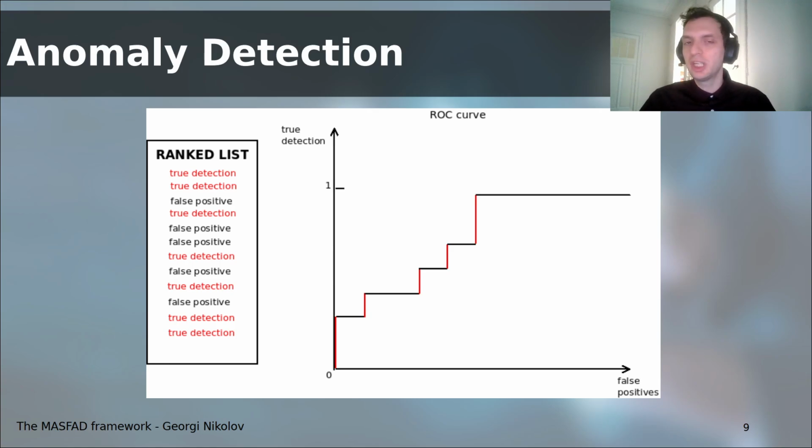When we detect a true detection in the ranked list, the value on the y-axis goes up. When we encounter a false positive, the value on the x-axis goes to the right. You can see there that depending on the order the true detections and false positives are in the ranked list, we create something that looks like a staircase. Our ultimate goal is that our curve climbs as fast as possible and reaches as close as possible to one of true detection. Of course, we can't limit the amount of false positives. There's always going to be false positives in any type of behavior or anomaly detection.